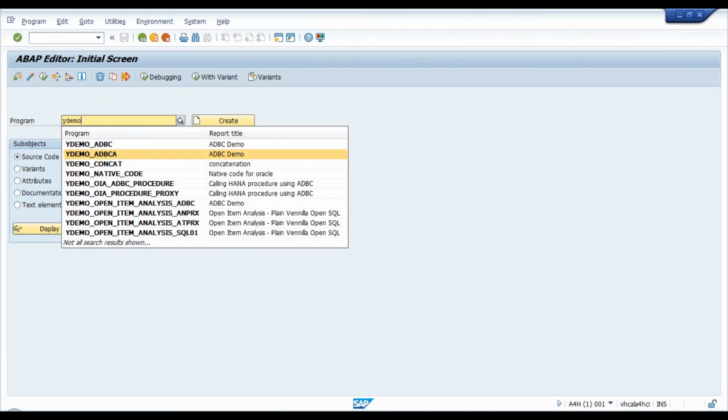You can import that delivery unit in your system, and all the artifacts which I had created, including the views and stuff like that, they all will be created automatically for you in your system, your HANA database. Okay, I will do that right away. Just give me a second.